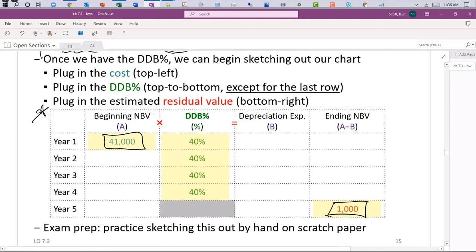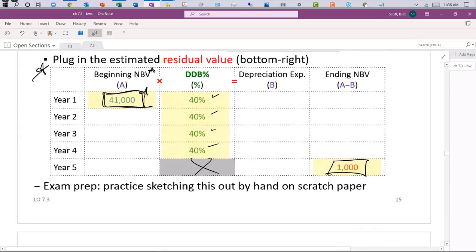What you see here is the top left is the beginning net book value. So at the start of the first year, we paid $41,000. We're going to start with cost. We're not going to really worry about residual value calculations yet. The cost is $41,000, so we start with that first. Then go ahead and plug in the rates except for the last year. Skip that. Get comfortable setting up this on scratch paper, because in the exam, guarantee you're going to have